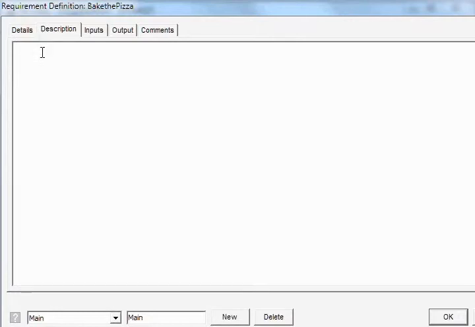Let's look at the description section in particular. Here's where we usually would define a detailed narrative of that particular activity. So let's detail some of the steps in this activity. And here we're just defining the main